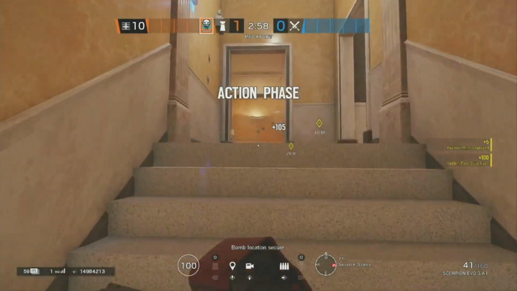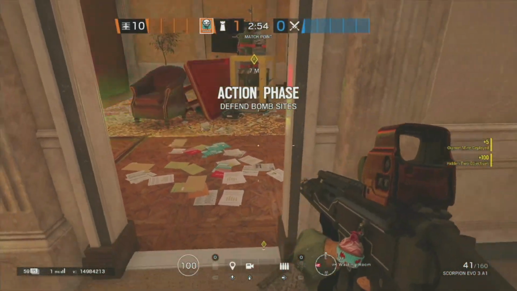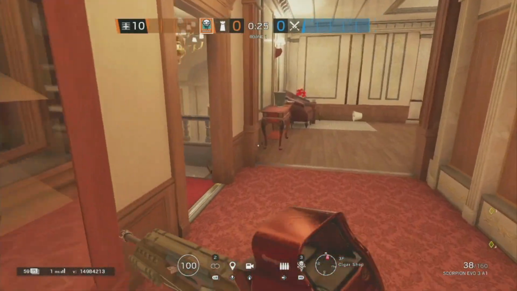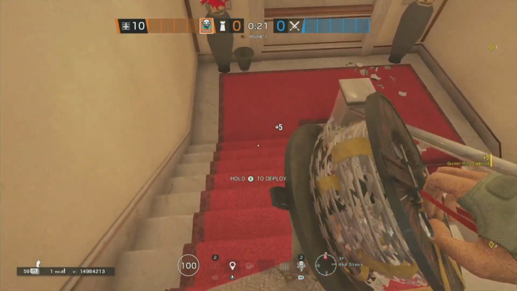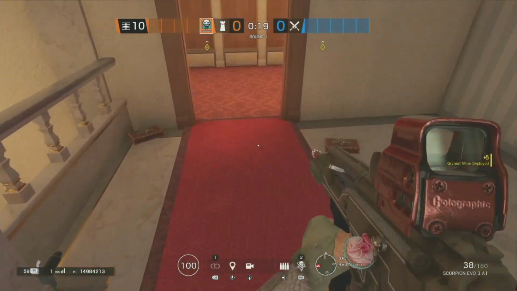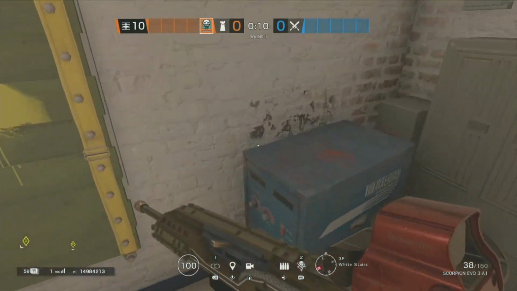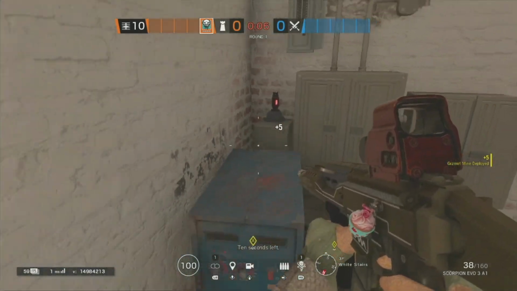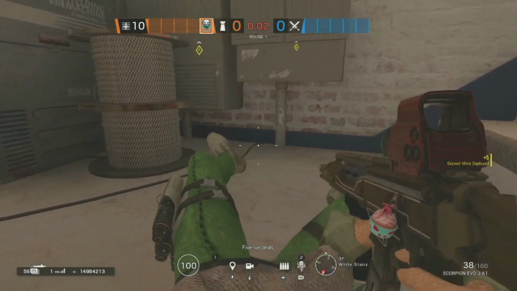Bomb location is more secure on the chair versus that pillar, but that's how I would set up for this site. So for cafe, I'd bring barbed wire, and then I would throw in these here, put some of this here. So over here, you can either use this, which usually is 5 seconds, but if you want to be just extra annoying,